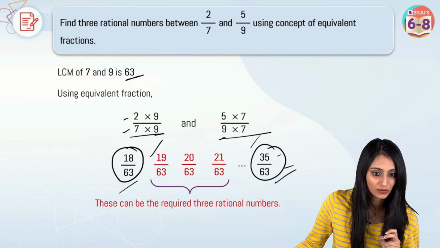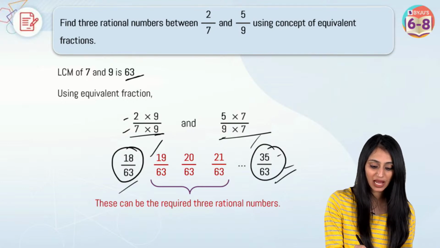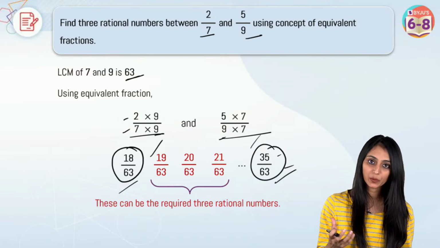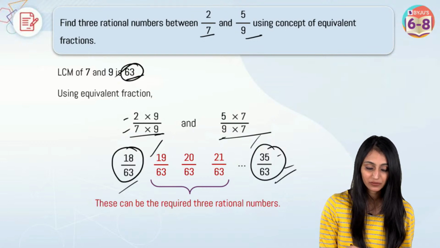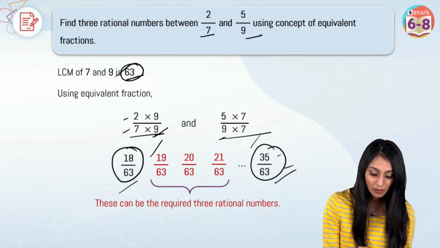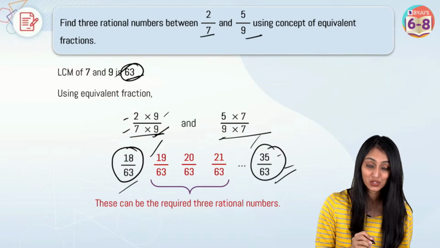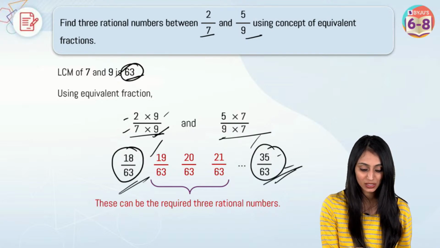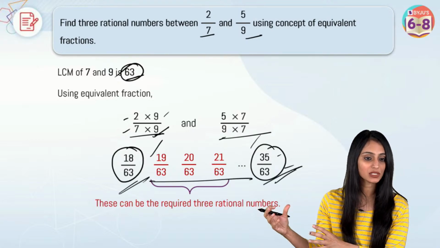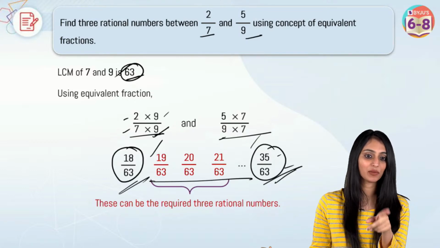Yes, Abba Sahib, right. 32 by 63. Why are you getting different answers? First, when we talk about equivalent fractions, we will have to make the denominator same. How do we do that? You take the LCM of the denominators. You get 63. Now that we have the denominator 63, since we are multiplying by 9 in the denominator, you multiply by the same number in the numerator also, right? That has to be same. So when I have these two equivalent fractions, I can just simply look for the numbers in between them. Amisha, totally understood. Yes, Divyanshi, typing error, yes.